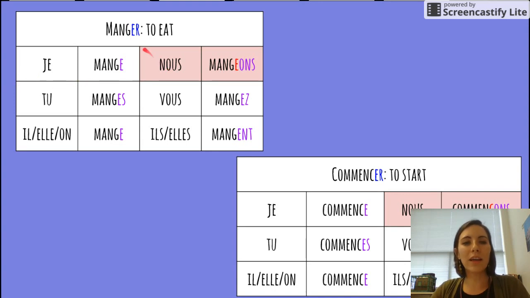But because manger is a GER verb, we're actually going to do a special stem change where we add an extra E before the ONS. So it becomes mangeons. Nous mangeons, we eat. Now, this is only for pronunciation purposes. It doesn't do anything else. So just remember that for the nous form of a GER verb, your ending is actually going to be EONS,